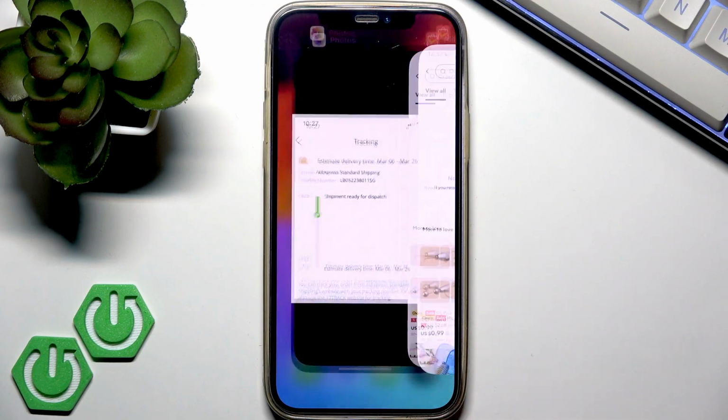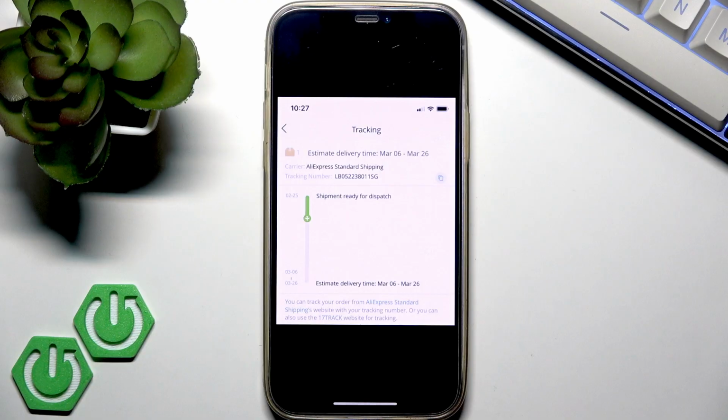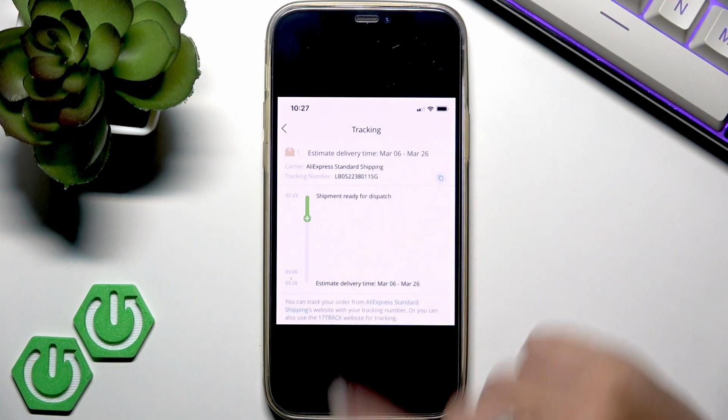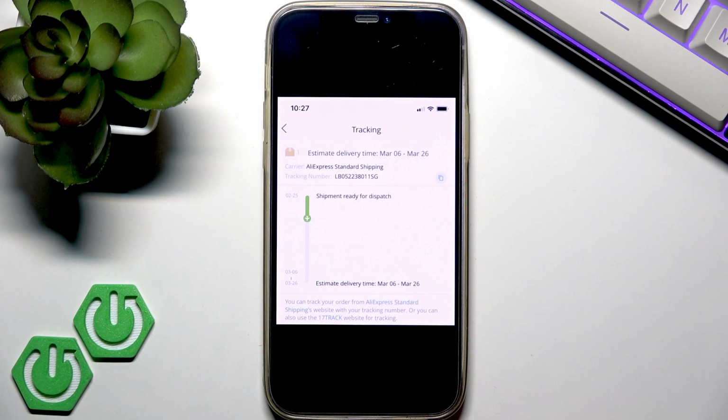So now you should see something similar to what I have on my screen. This is a screenshot. So this is the tracking information page where you can see your estimated delivery time, your carrier, your tracking number, and of course your shipping updates. It can say, for example, like I have on my screenshot, shipment ready for dispatch, or it can say ready for delivery,